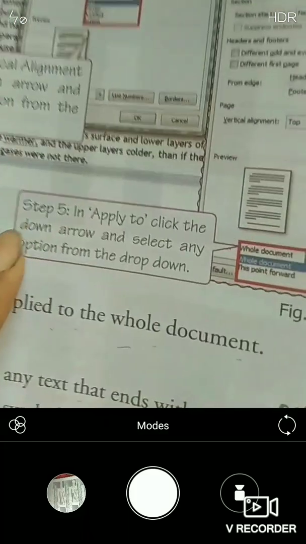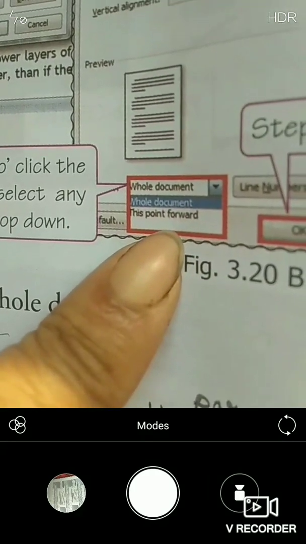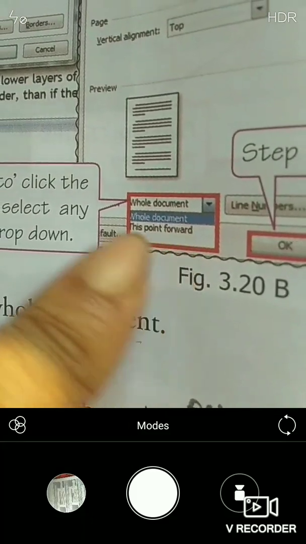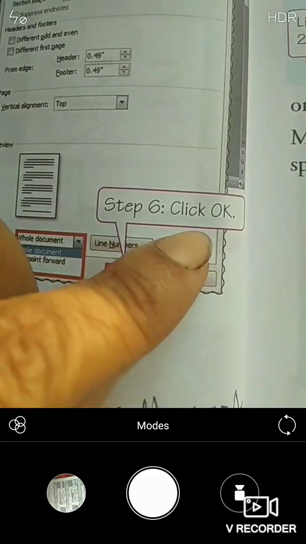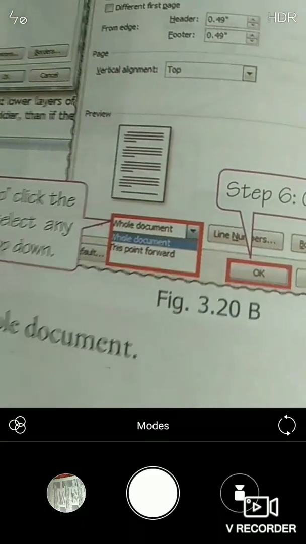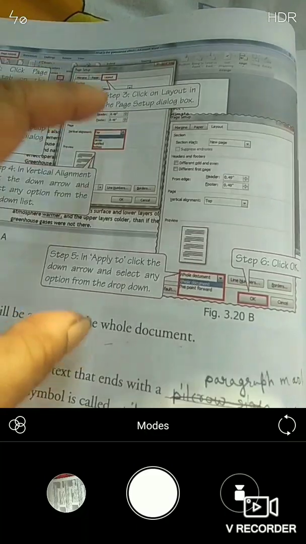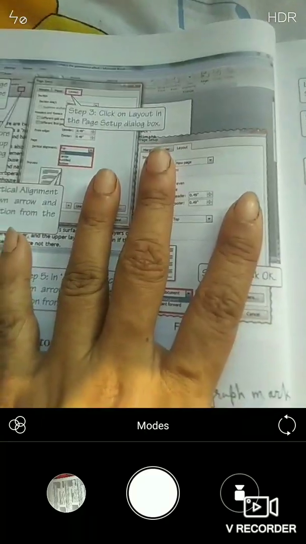Click the down arrow and select any option from the drop down, whether the whole document or this point forward, meaning a particular portion. Then finally click on the OK button, and your paragraph will be aligned vertically.